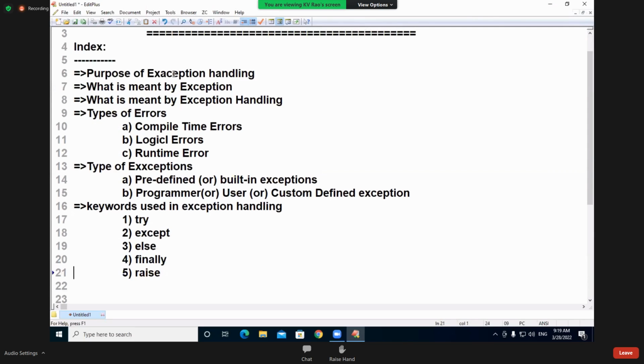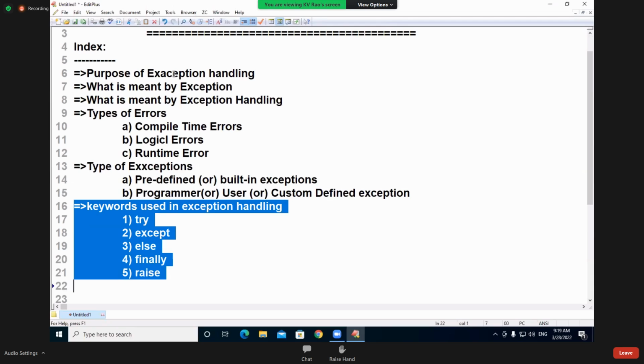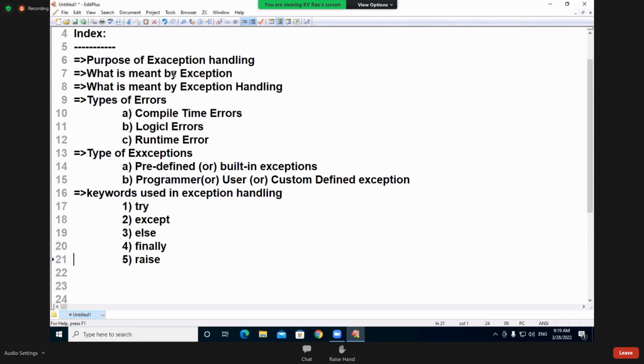So how important these keywords are, I can't imagine. And everybody will ask you to explain about try. Programmatically, you need to show what the benefits of these things are in real time, how we are using it. And next, we are talking about one more thing: syntax for handling exceptions. I will explain the programmatic syntax.